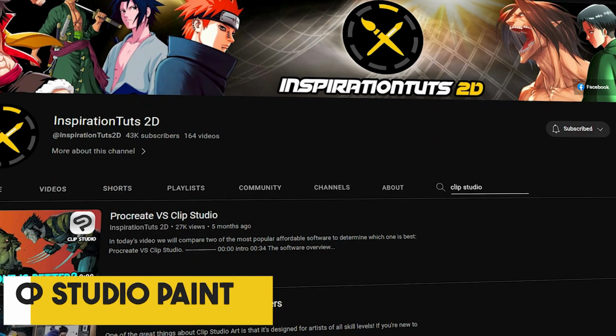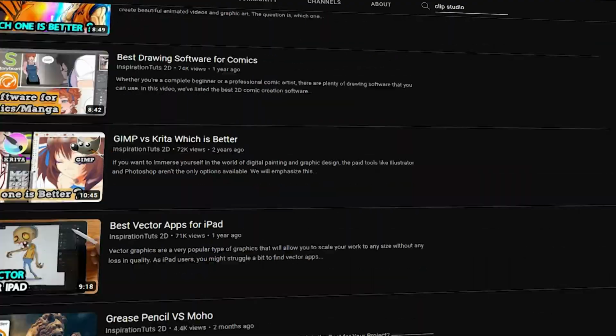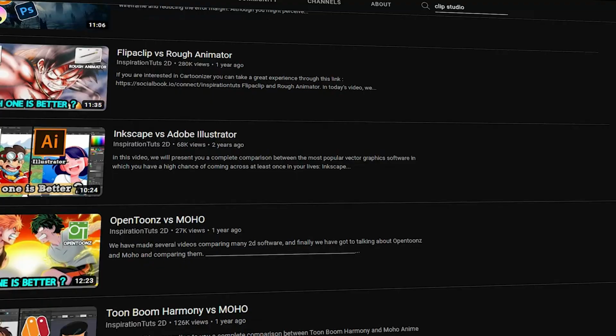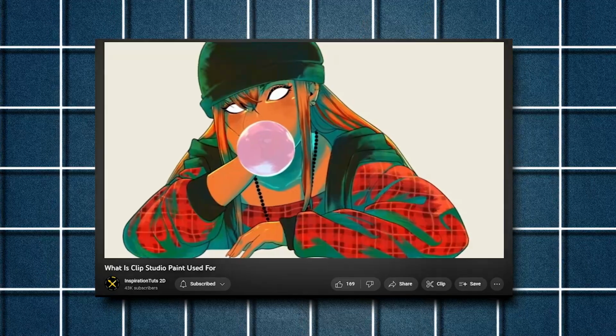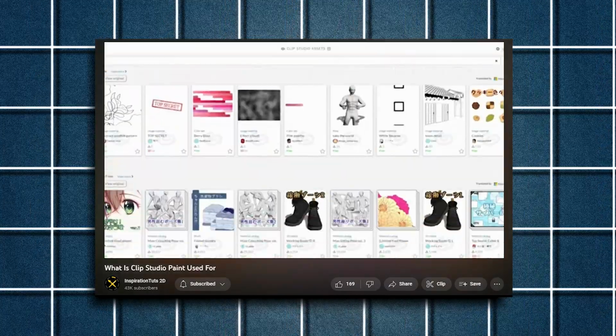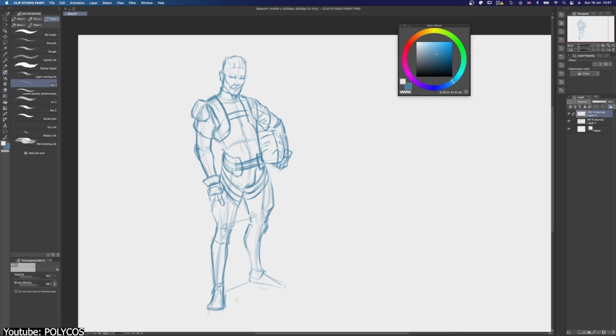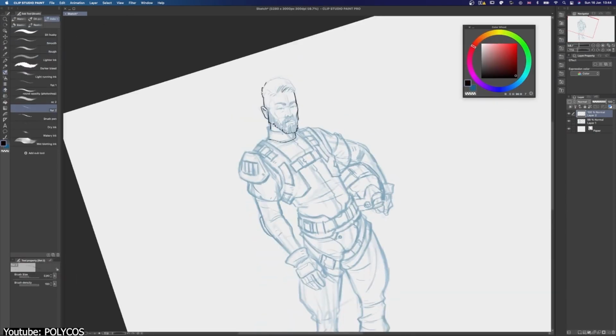Clip Studio Paint. Frequent dwellers of this channel would be no strangers to CSP, as we have discussed this program on more than one occasion recently, and if you would like a more in-depth review on it, then you should check out our What Clip Studio Paint is Used For video. So, to keep it brief, what Clip Studio offers over other programs, next to its objectively superior brush engine, is